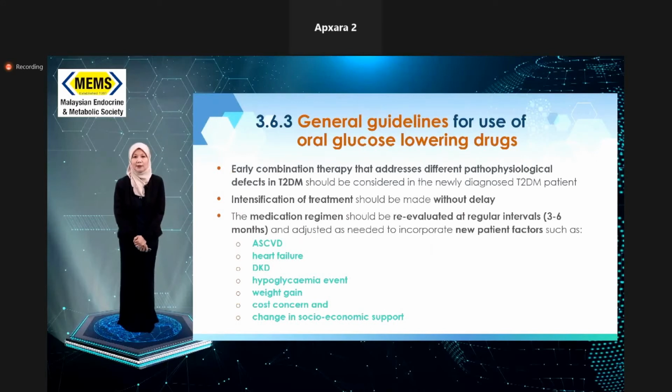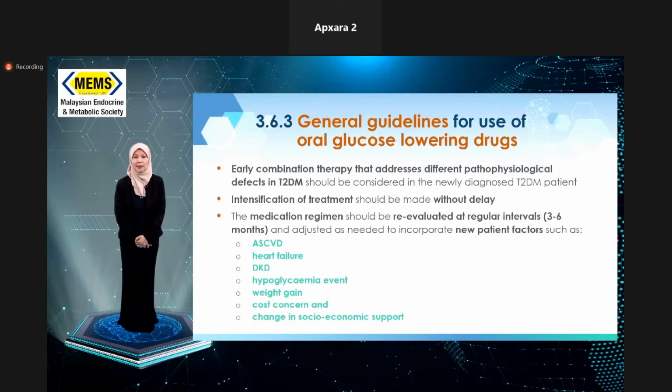Further general guidelines for use of oral glucose-lowering drugs for early or newly diagnosed type 2 diabetes patients. Early combination therapy, which addresses the different pathophysiological defects in type 2 diabetes, should be used. Intensification of treatment should be made promptly without delay, and the medication regime should be re-evaluated at regular intervals of between 3 and up to 6 months, and adjusted as needed to incorporate the new patient factors that develop